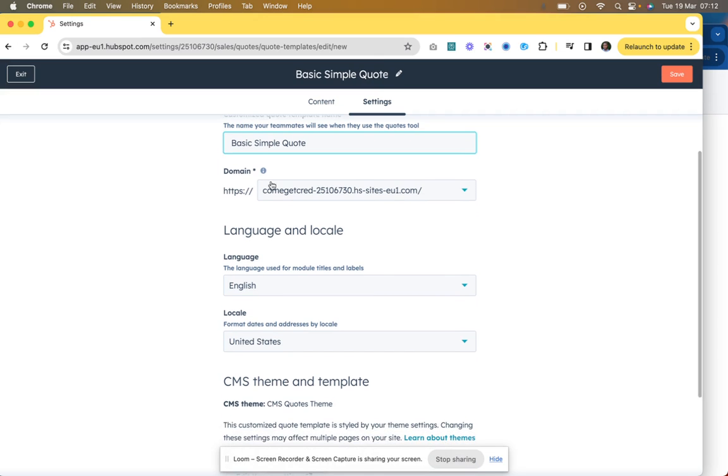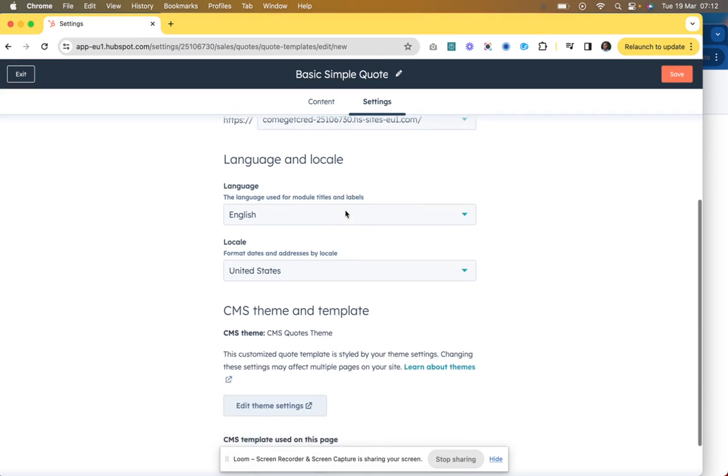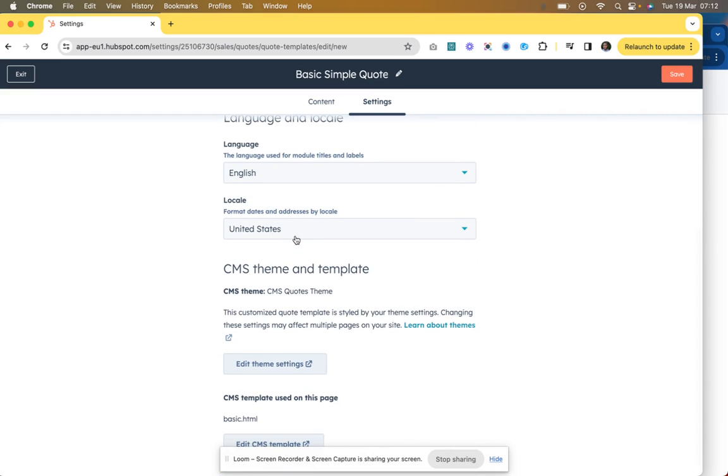And then here the domain of the code, the language, the location, format, date, and address by locale, CMS, and theme and template. This customized code template is styled by your theme settings. Changing the setting may affect multiple pages on your site. As you can see, we have the CMS template used on this page. This is the template and this is the theme. If you click theme,